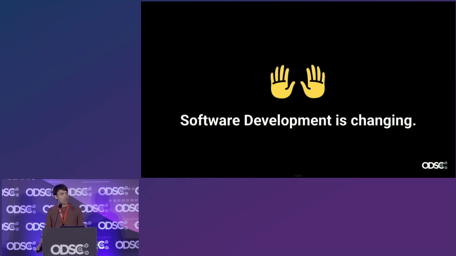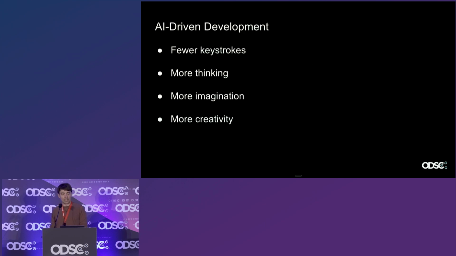In particular, I think writing code is going away. I spend a lot less time in my IDE these days, and it's less and less as time goes on. I think writing code is becoming a very small part of the software engineering job. But engineering itself is not going away. I like to think of AI-driven development as a way of replacing the rote mechanical aspects of our jobs, the things we don't like to do, and making more room for creativity, imagination, critical thinking, the parts of our jobs that are actually hard and fun.